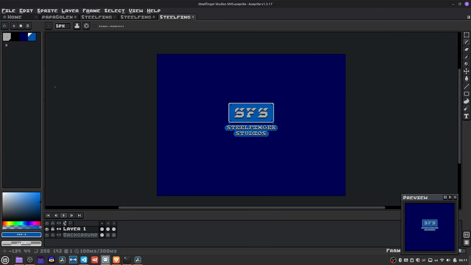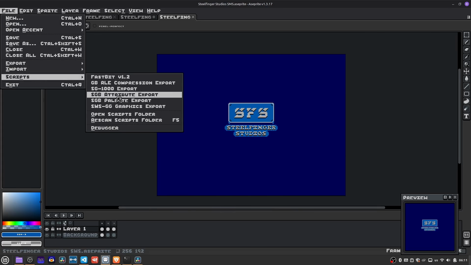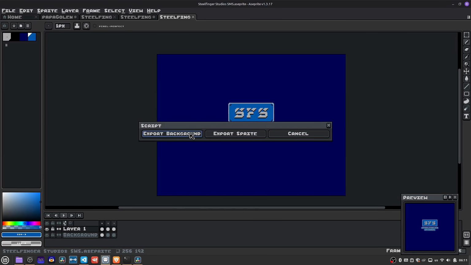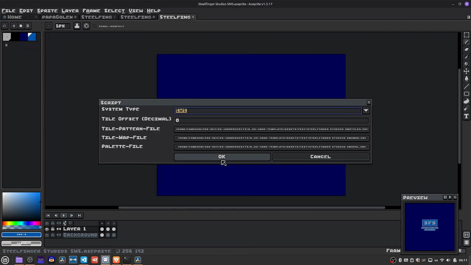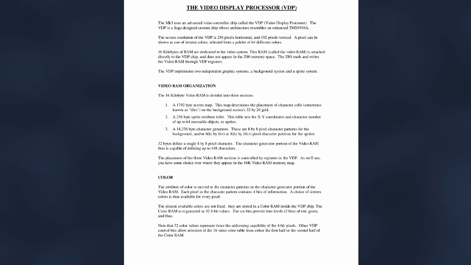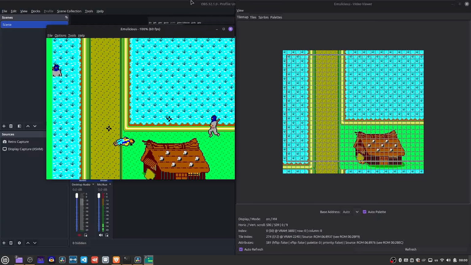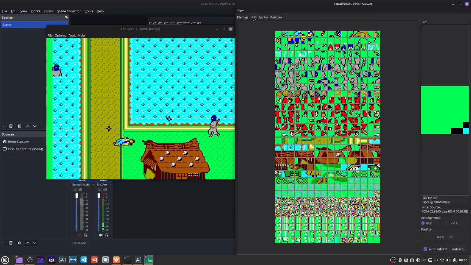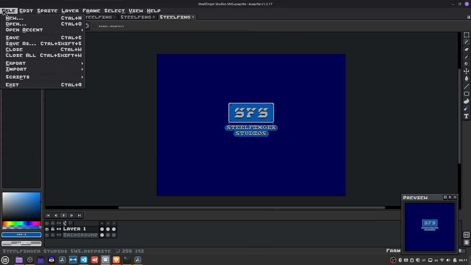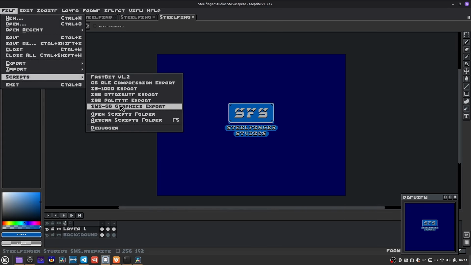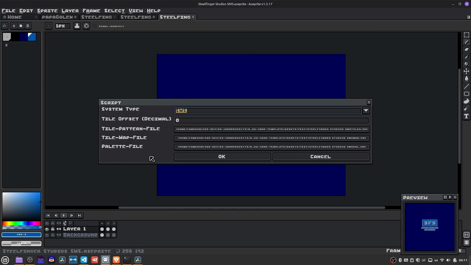getting a script to export graphics from Sprite. This proved to be a bit more of a challenge with the SMS than it was for the SG1000, mostly from some slightly confusing wording from the official documentation and my hasty reading of the portion on how tile data is stored. However, in the end, I was able to get one working. Now, with a way to export graphics for both systems, I was able to move on to the next step